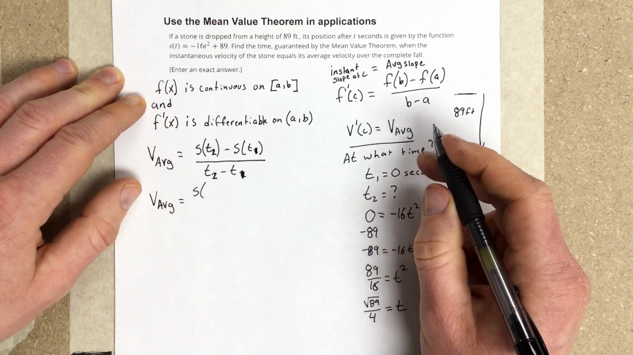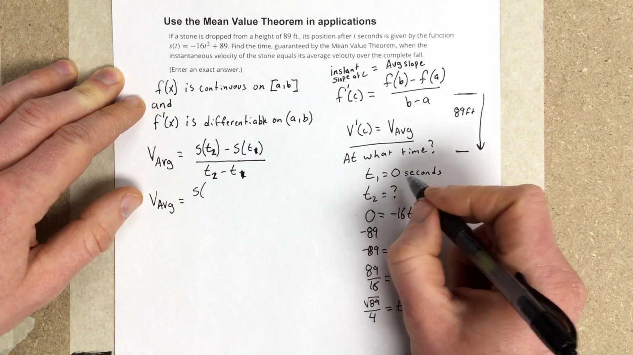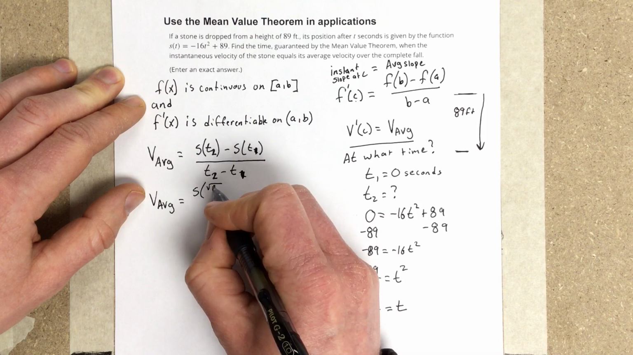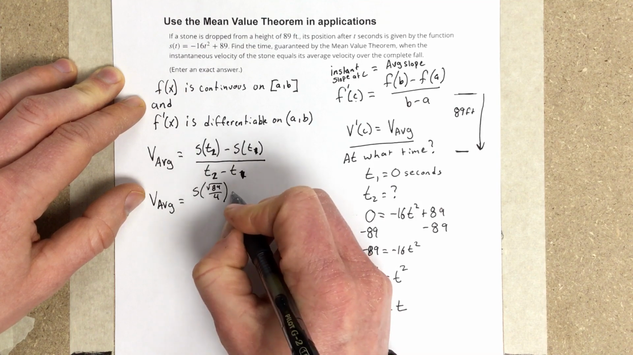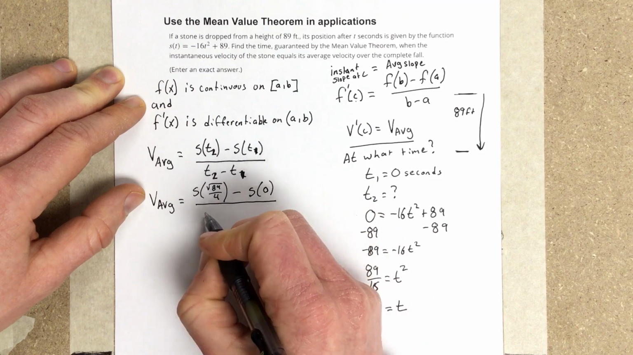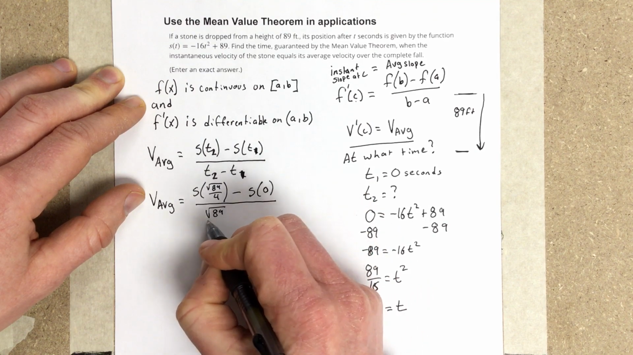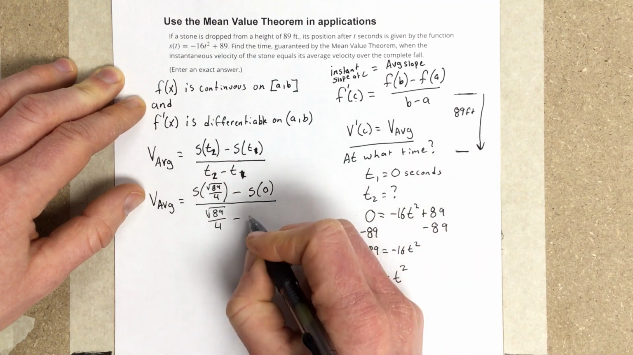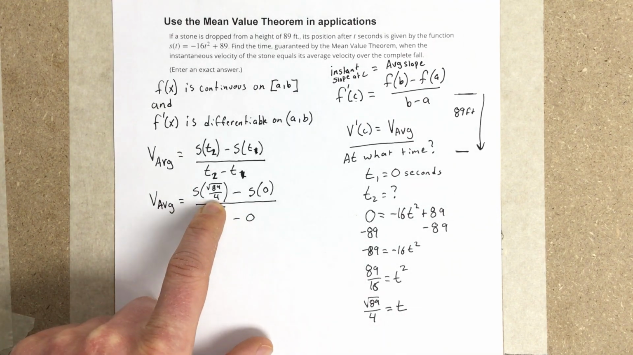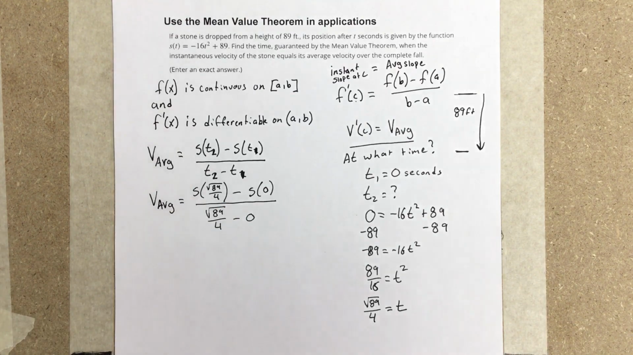So time 1 is still 0 seconds. I just had this formula backwards. So time 2 would be root 89 over 4, minus S of 0, over root 89 over 4 minus 0. So when I plug in S of root 89 over 4 into that equation,